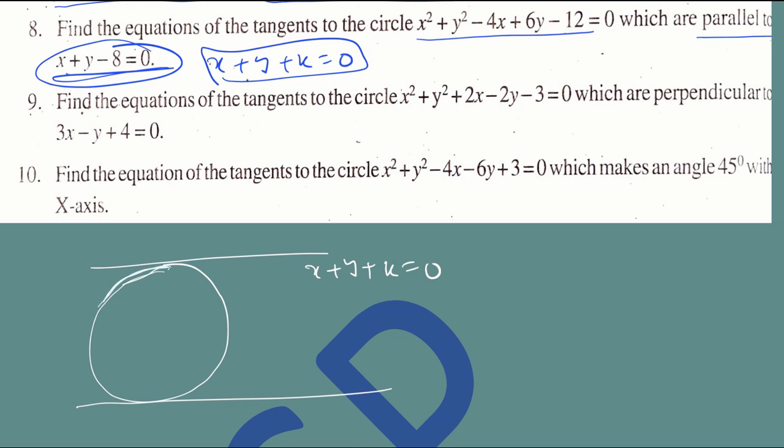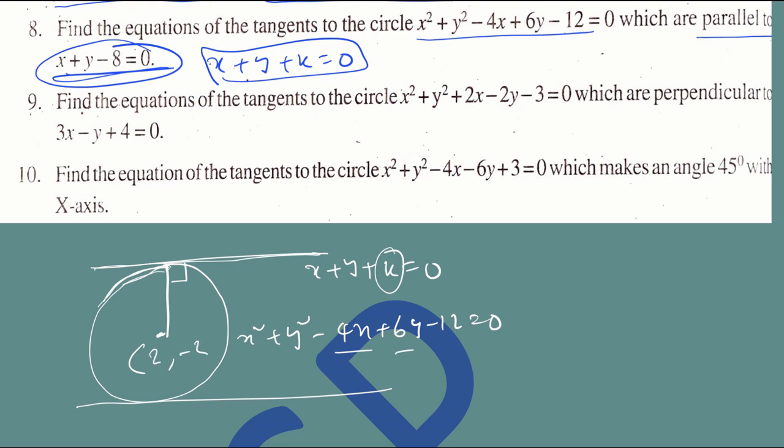Now the circle equation is x² + y² − 4x + 6y − 12 = 0. All that you have to do is to find k. How do you find it? Using the fact that it is a tangent. What is the condition we know? The distance from the center to the line is equal to the radius. We apply that, we get the k value. What is the center here? You can see that the center is (2, −3). What is the radius? Root of g² + f² − c. So I am getting it as 5. 5 is the radius.